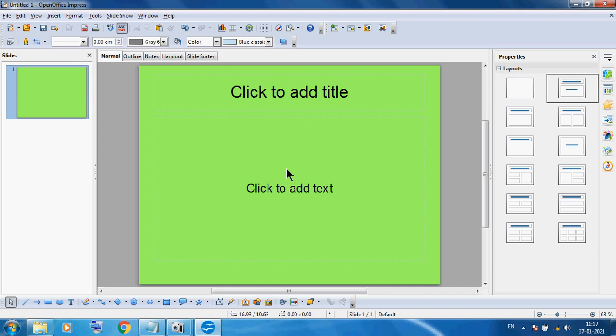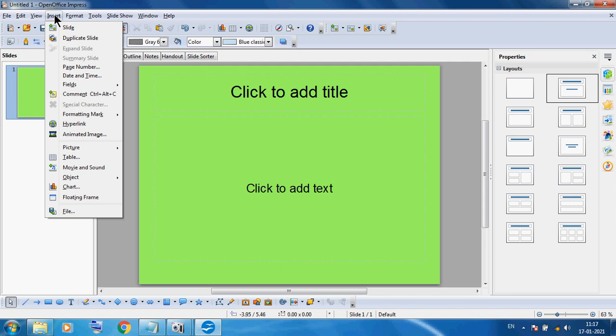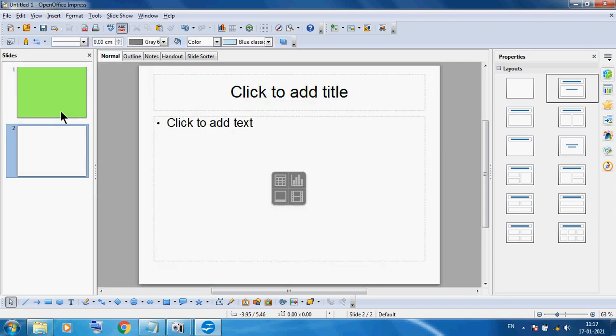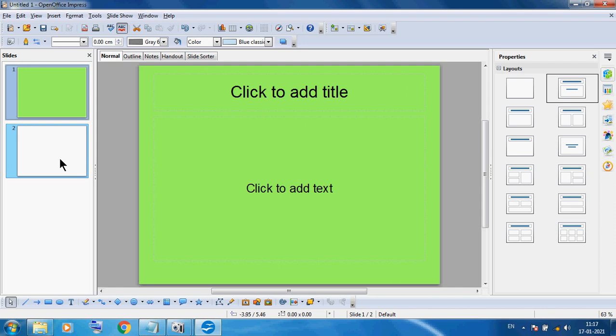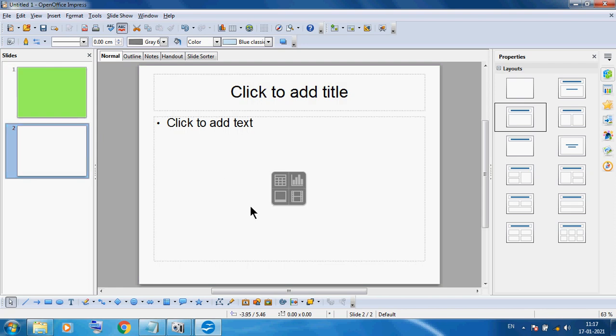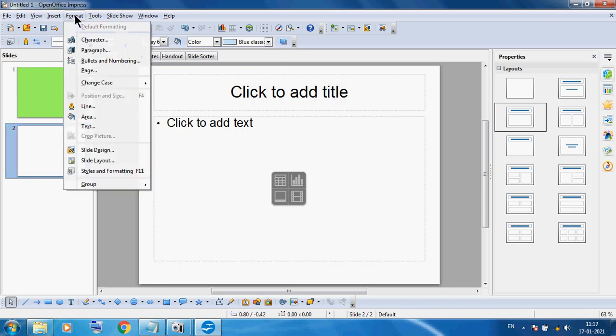Okay, now after that I want to insert one more slide, so here I am using insert, then here I am clicking slide. Okay, you can see slide. So this is our first slide, this is our second slide. So I want to give a new color to the second slide. So here I am using format again. You can see page.